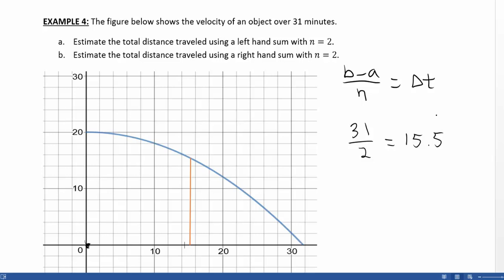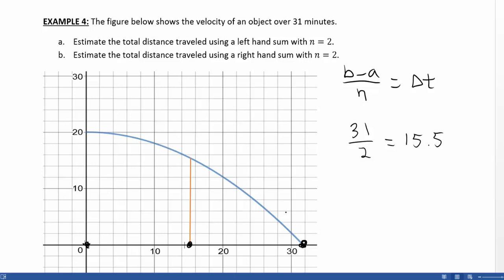So that means I'm counting by 15.5s, right? That's a little weird. So that means I'm starting at 0, and then 15.5, and then 31, right? So that's how I'm counting. And if I want to use n equals 2, that's how I have to split it up. So if I'm doing a left-hand sum, that means that the left-hand point of each rectangle is what is going